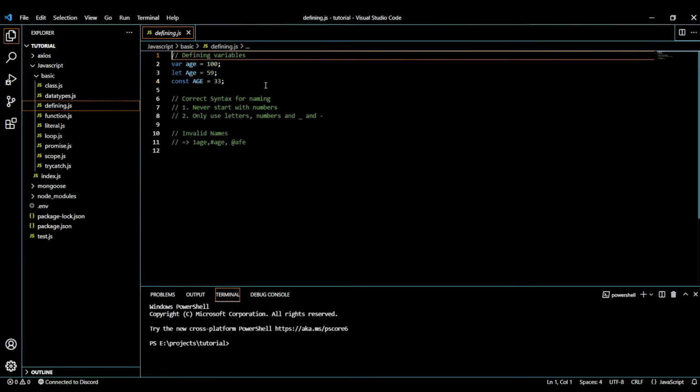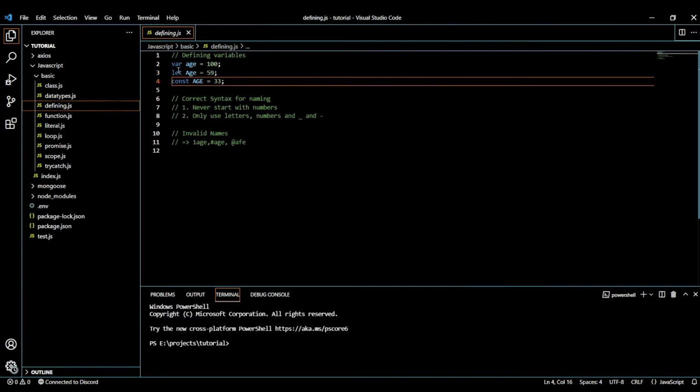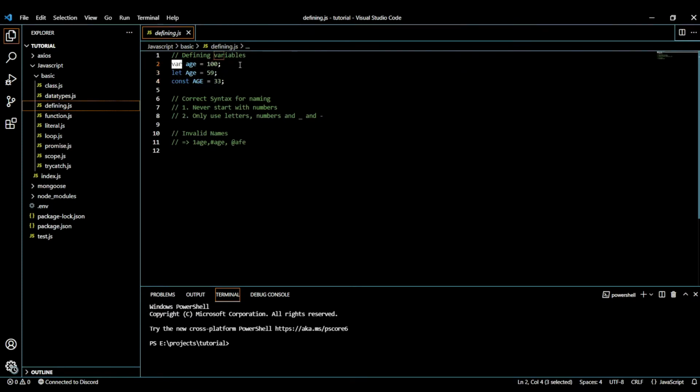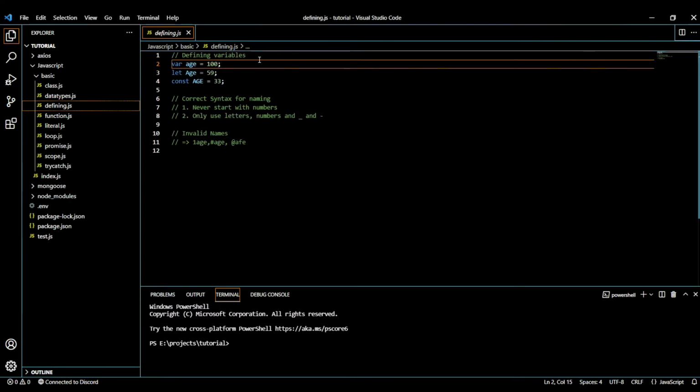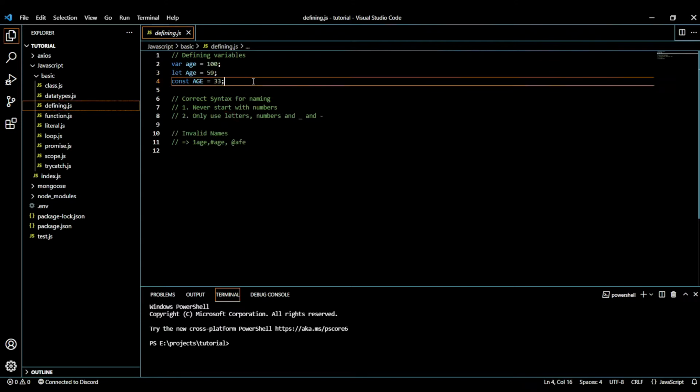To store data you have to define some variables and store the data inside them. In JavaScript, we can define using var, let, and const. You should not use var. It is just my suggestion, because it is a bit messy, and I would prefer you to use let. I will tell you more about them.